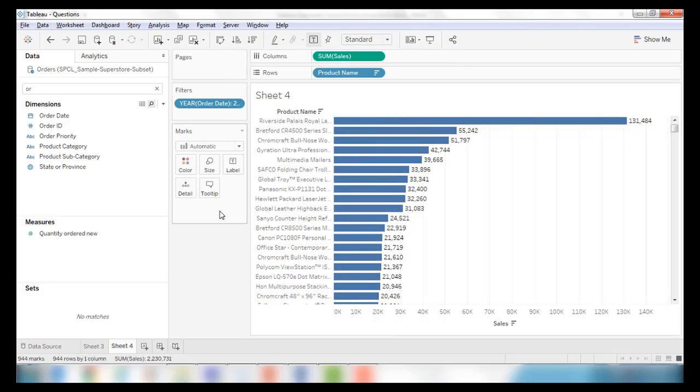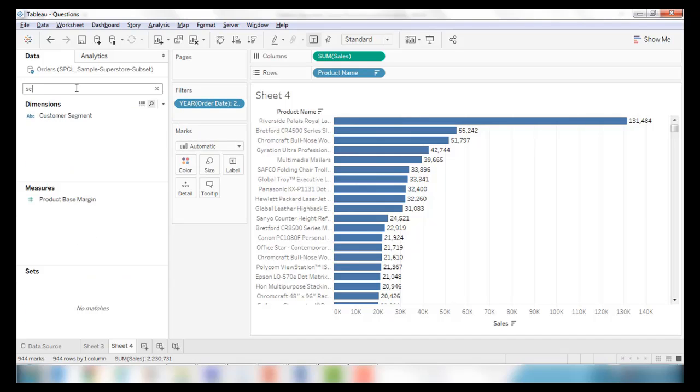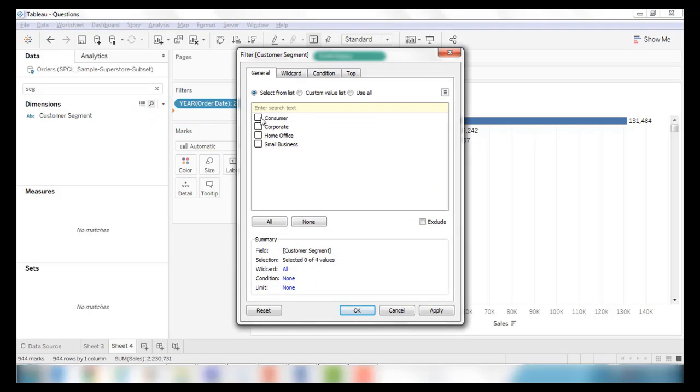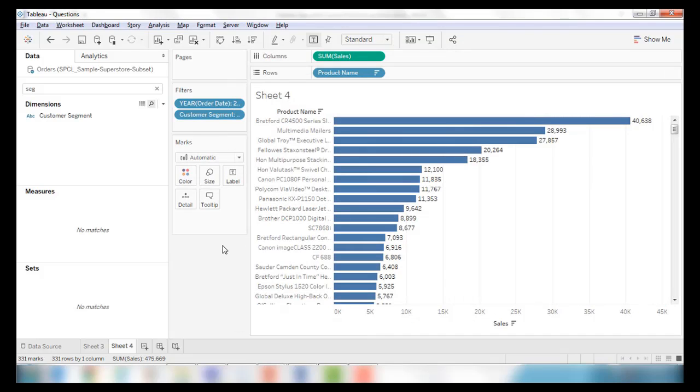Okay, and they have asked to use it for the consumer segment. Segment is consumer. Let's find the consumer segment. Another thing which they said, they want to find the quantity against this. This is the product which is having the highest sales. Let's now find the quantity